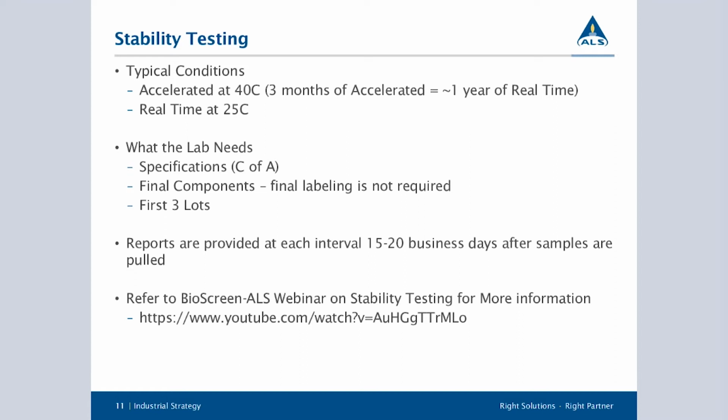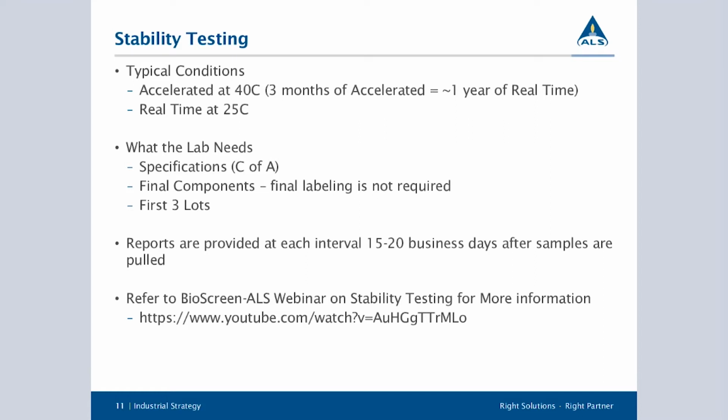Following that, you would start your drug stability studies. Usually you'll start 3 lots that first year, and look for 1 to 3 months of data, depending on how confident you are in that formulation before you start selling the product. What we need in order to get your stability up and running would be a certificate of analysis that tells us all the tests and specifications. The final components as the samples, it really should be in the type of packaging you're going to use, so that you can check for any sort of package compatibility issues at the same time. And of course, those first 3 lots of samples.